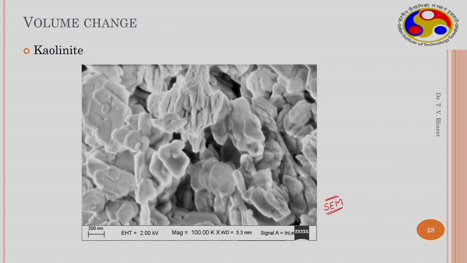So, this much distance is 200 nanometers, and here you can clearly see that the particles are arranged in a card house manner. So, huge void space is available in between. This is macropore volume. Similarly, here different particles are arranged in this particular manner, and this is the void space. This is the void space and this is the void space. So, these are macropore volume,